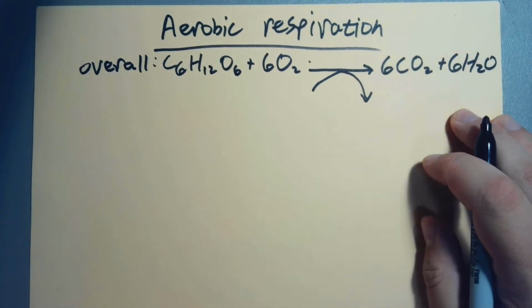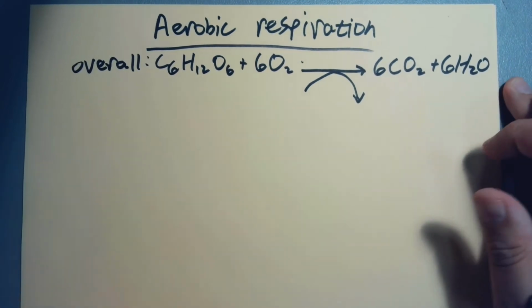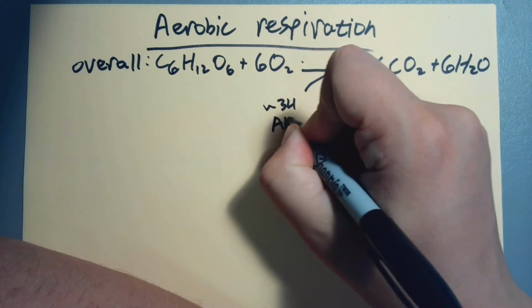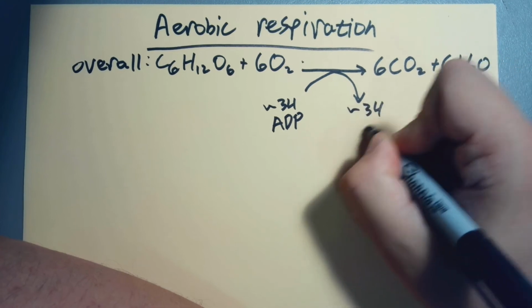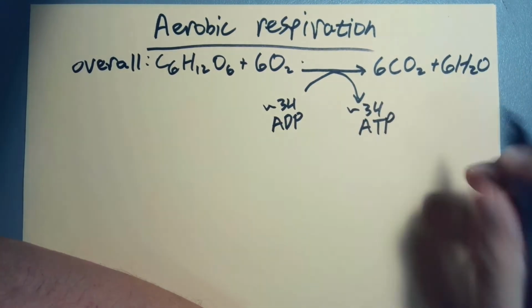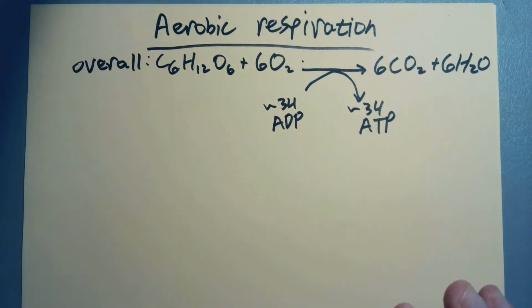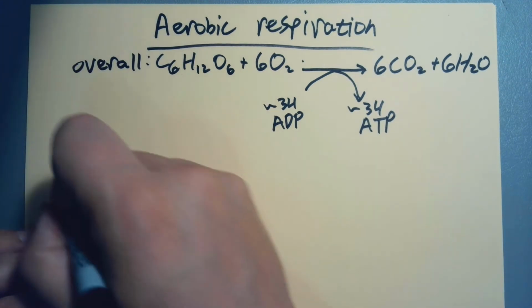And you've seen this equation a number of times now, and you've probably seen it with plus some number of kilojoules of energy. But now we're going to say, well, we start out with about 34 ADP. They swoop in, and we get about 34 ATP. And I say about, you think, well, how do you get an about? Well, we're going to talk about that. It's a little tricky. So, there's 4 steps